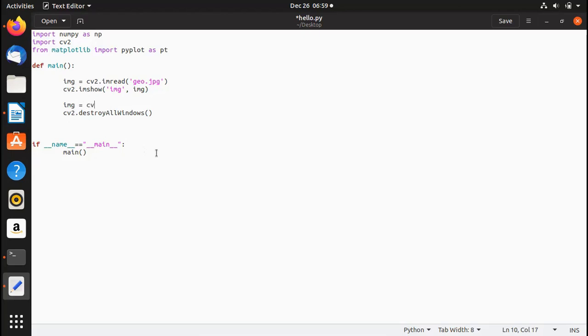So here we write cv2, then dot, and then cvtColor. Then we write brackets, and after that the variable name, which is essentially img, and then a comma, then cv2 dot COLOR_BGR2RGB. Okay,